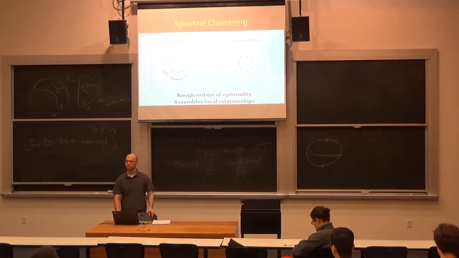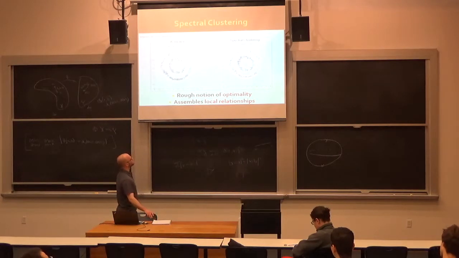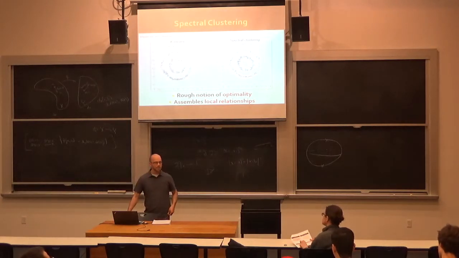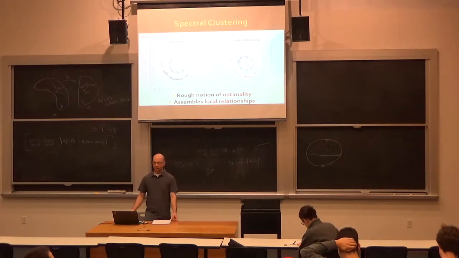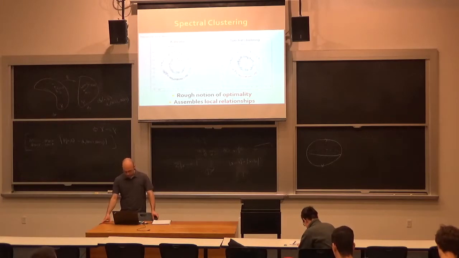It's something called spectral clustering. Yeah? The idea of spectral clustering is that I'm going to define my clustering in terms of a problem I know how to solve globally. So at least I know that my algorithm doesn't depend on the initial guess, even if I can't say that my output is optimal over all possible clusterings of the data points. Yeah? So essentially, spectral clustering is going to give us two things. It's going to give us some notion of optimality, rough as it may be, and also we're going to assemble